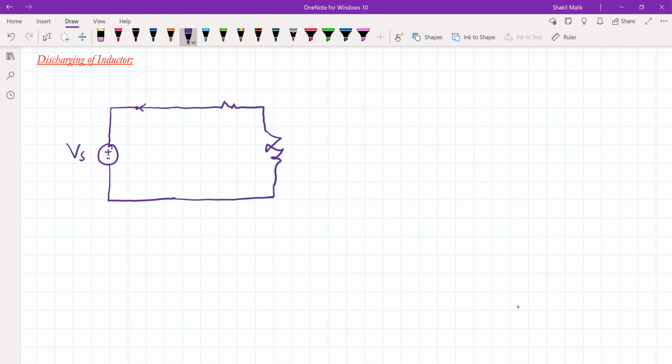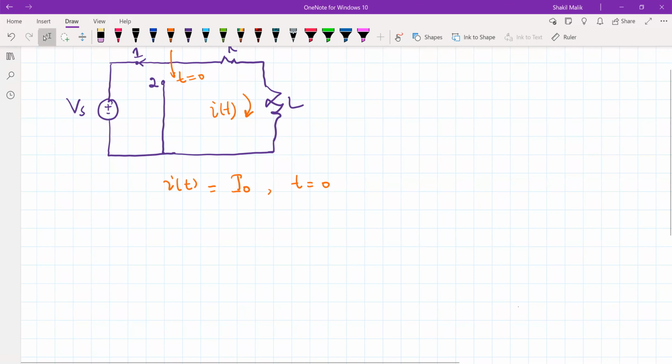And what we are going to assume now is that we disconnect it from this position, suppose this is position 1, and connect it to position 2. So this is the RL network. We assume that the inductor was initially charged, meaning i(t), which flows in the network, is equal to some constant value. The initial current in the inductor at t equal to 0 is I naught. At t equal to 0, we disconnect it from position 1 and connect it to position 2.